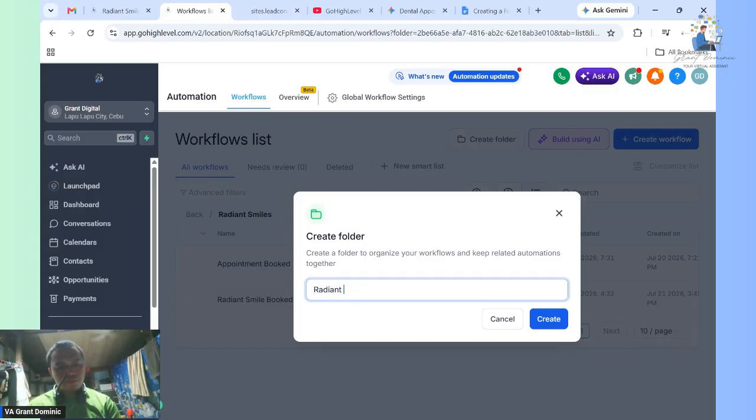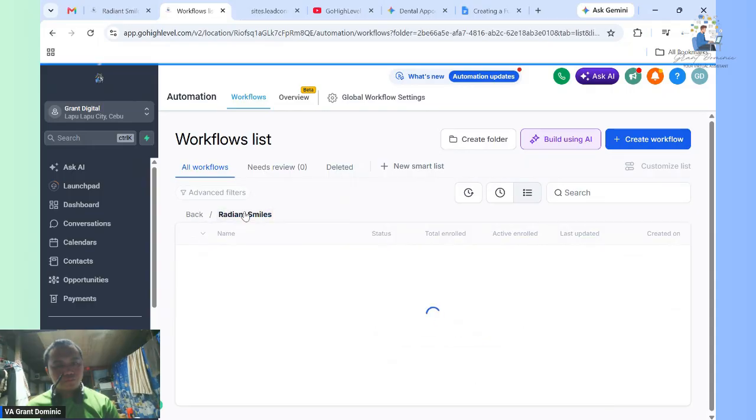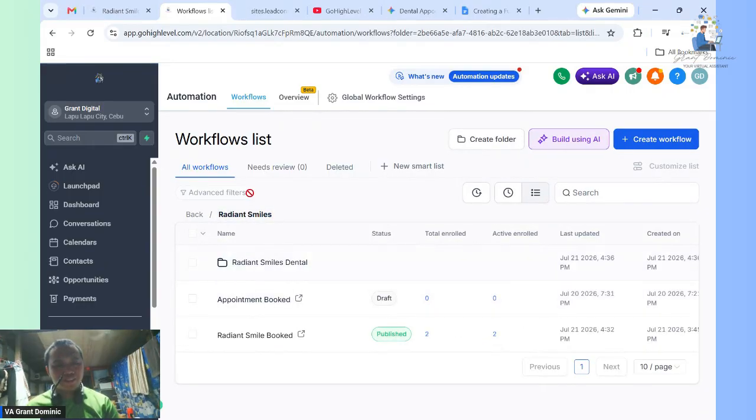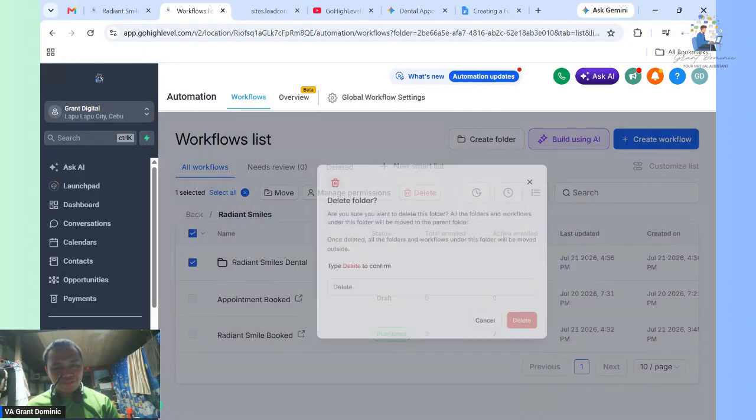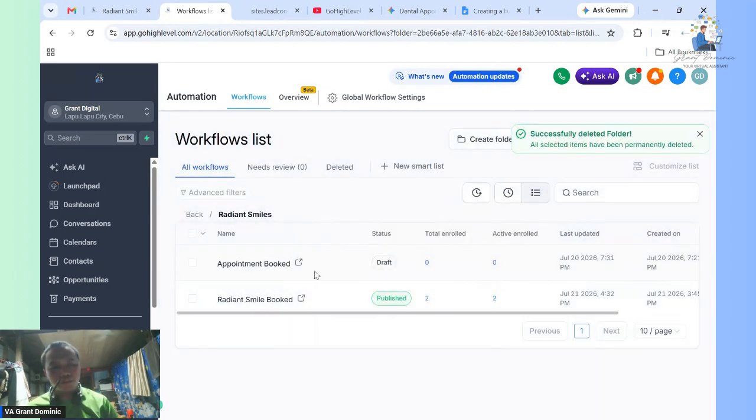Radiant Smile Dental. Oh, I've already created. So make sure that you have. It is important to have attention to detail.